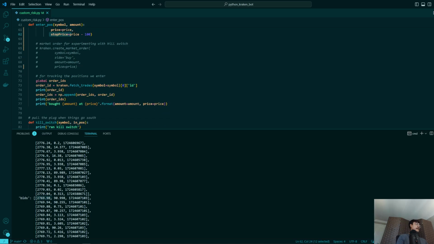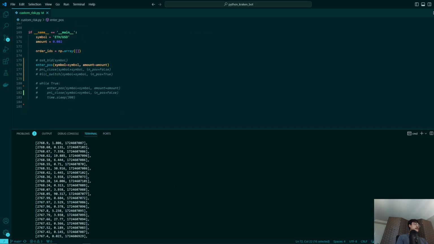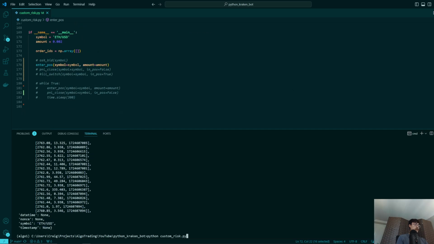And here we just have a global variable of order ID. What this is going to be used for is tracking our orders and figuring out the amounts and the prices. So this is going to come in handy later when we're going to be tracking our trades. All right, so if we just run the answer position right now,